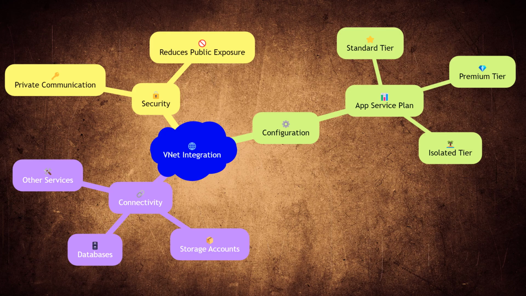Virtual Network (VNet) integration allows your app service to access resources in your Azure Virtual Network. This is useful for scenarios where your app needs to connect to databases, storage accounts, or other services that are secured within a VNet. VNet integration provides a secure and private communication channel, reducing the risk of exposure to the public internet. To configure VNet integration, you need to ensure that your app service plan is in the standard, premium,